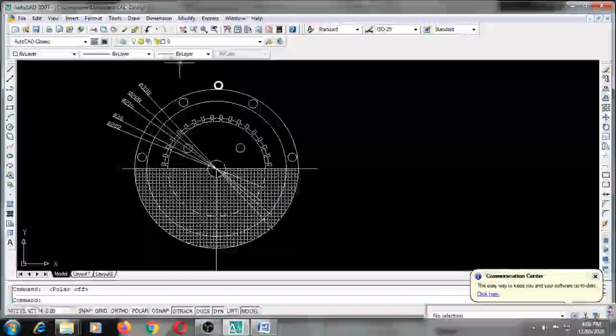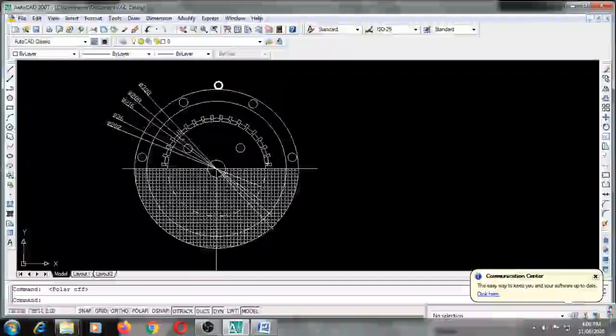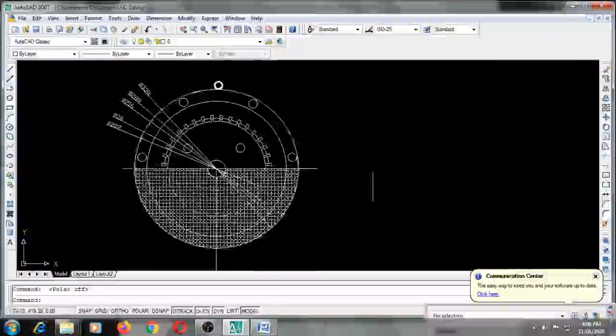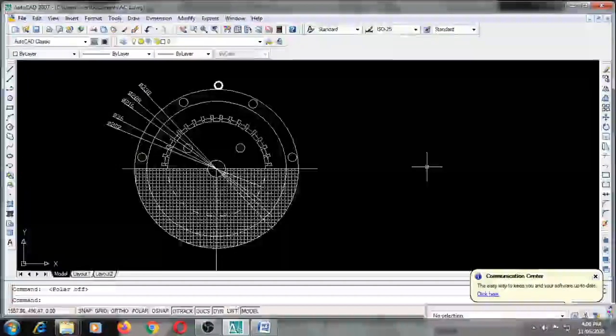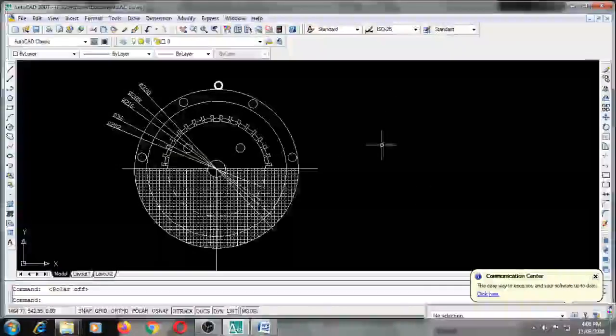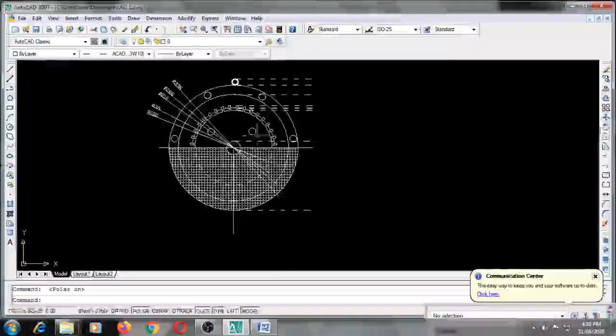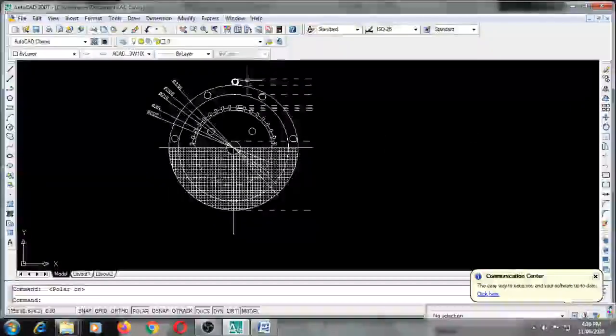So this is about the front view, the end view of an AC machine. This is the eye bolt. Just project this towards the right side and get the front view of it. Let me project these lines and show you. Project all these lines from the eye bolt.